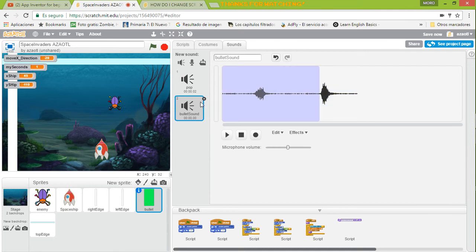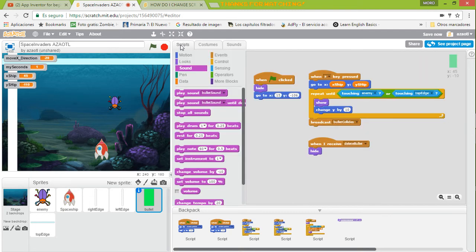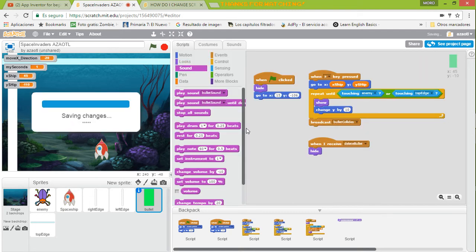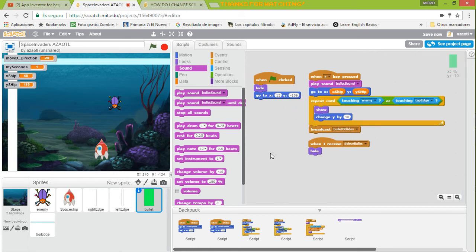I delete this one, delete, and that's pretty cool about Scratch. Okay, so you can make your sounds at the same time that you are working with your game. It's pretty cool. So then you just create here play bullet sound, and we're going to play this sound every time we press the A key. Okay, so we have this,